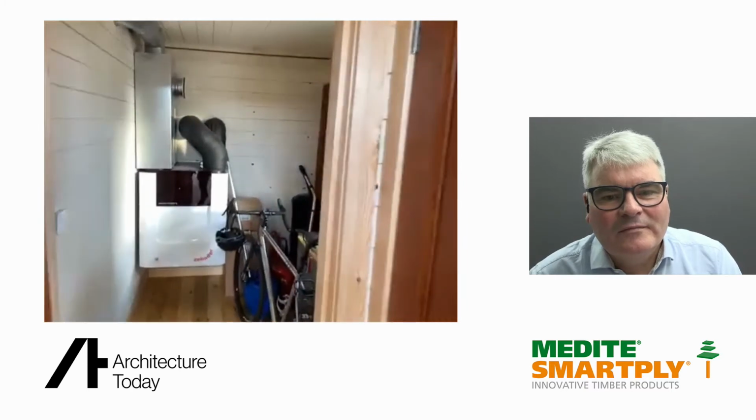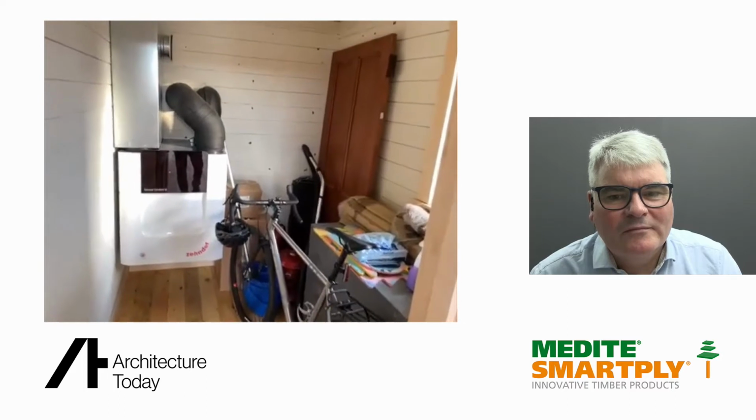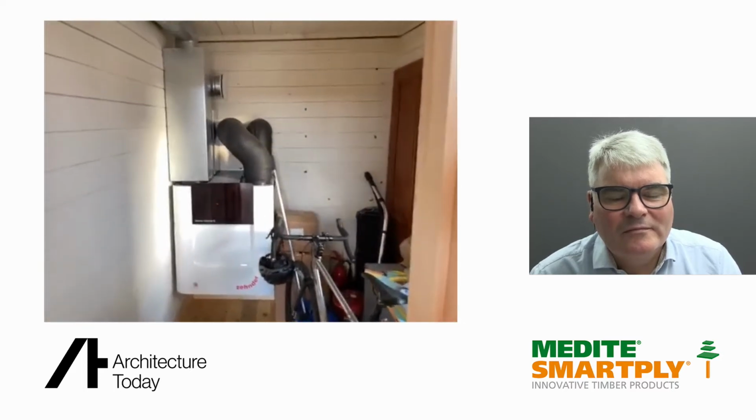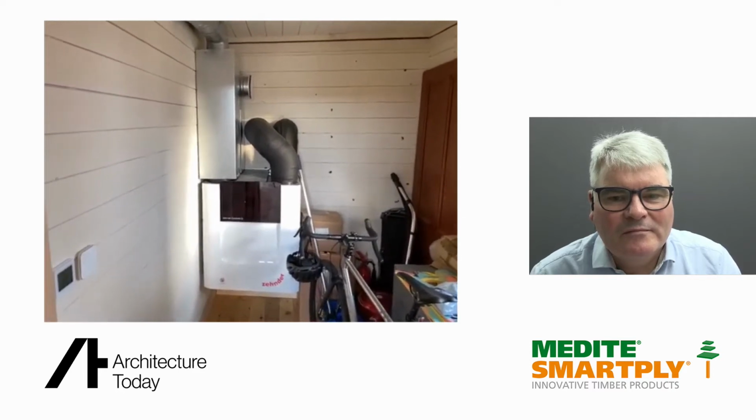And then this will eventually become the shower room. It's a bit of a guddle at the moment. We've got an MVHR unit in here just now. This is the all singing, all dancing version, which is, as you can see, pretty chunky. Most of that is insulation, but it will be used to